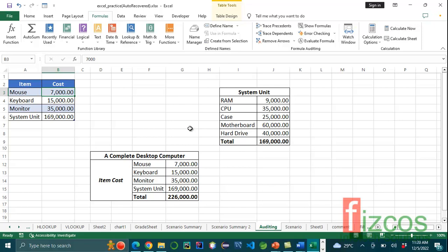Open before us is a spreadsheet containing several data. It has the items that make up the system unit and the cost, and we have the total cost. Right below, we have a complete desktop computer, the cost, the items required, and the total cost. So we want to see how each of these figures were arrived at, assuming we are working on this spreadsheet